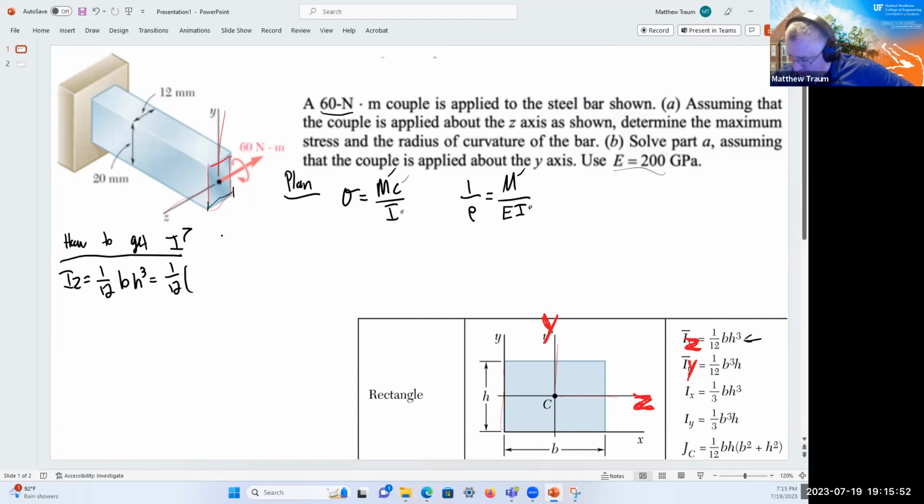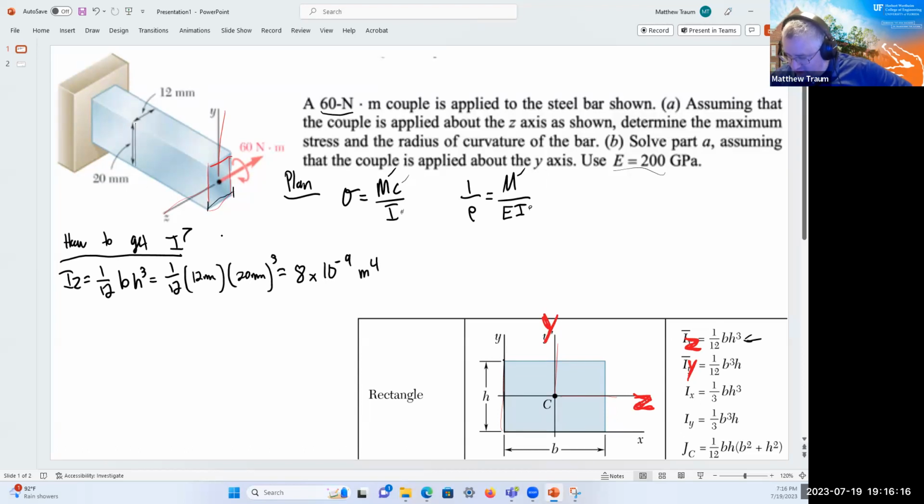So that's going to be 12 millimeters. And then H cubed, that's this height, which is 20 millimeters, raised to the third power. So if I crank through the math there, I get 8 times 10 to the minus 9 meters to the